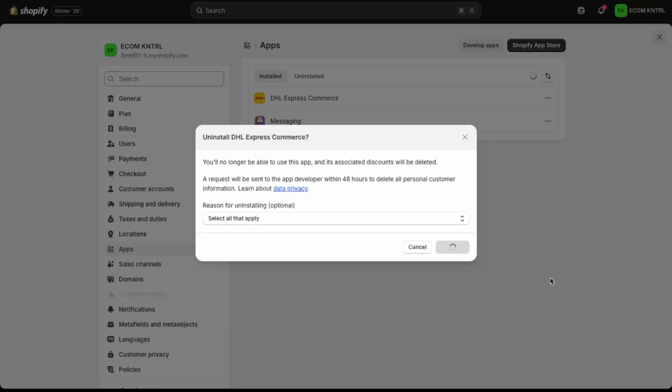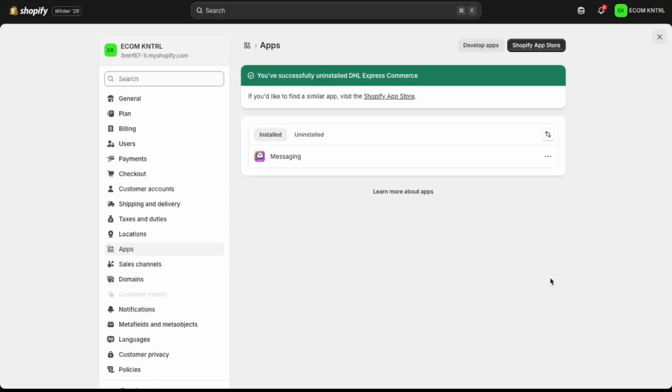After a moment, the app will disappear from your list, which means it has been successfully uninstalled. And that's it. You've now removed the app from your Shopify store, helping keep your admin